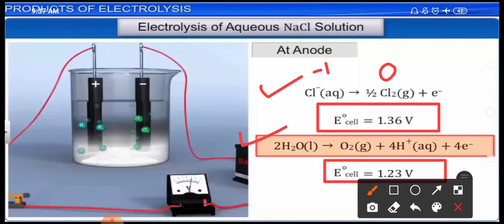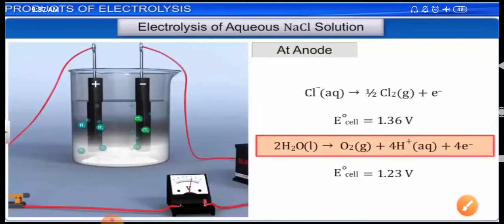In the reaction of the decomposition of water, you can see that the electron is present on the right hand side. It simply means that electrons are being released. The reaction in which electrons are released is known as oxidation. I am trying to explain that both reactions are oxidation, and we also know that the reaction taking place at the anode is oxidation. Now, if the reaction is oxidation, then you should go for the oxidation potential.